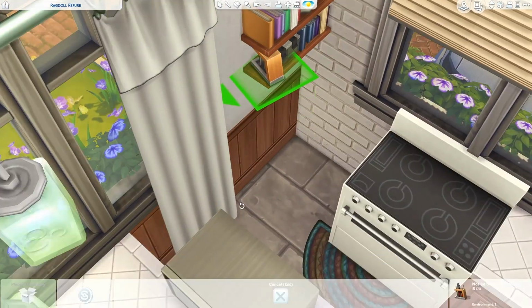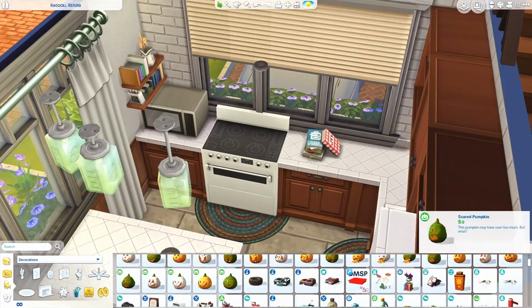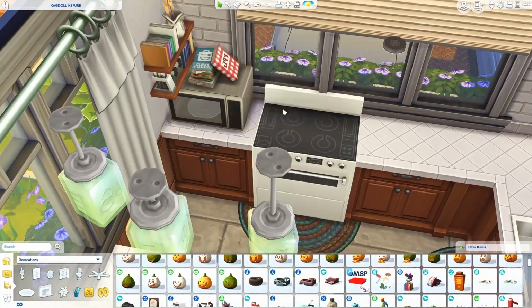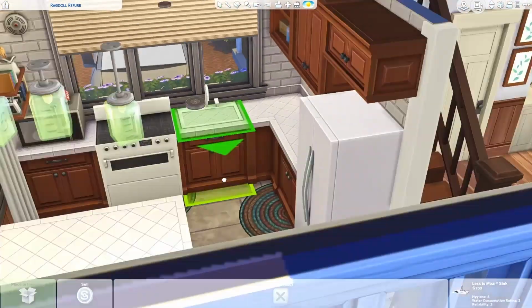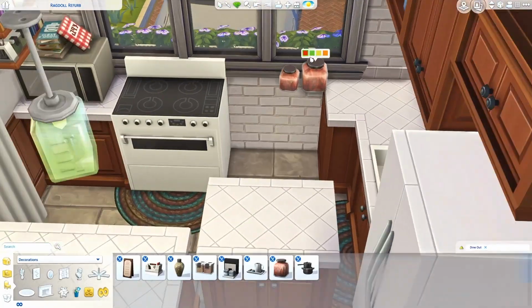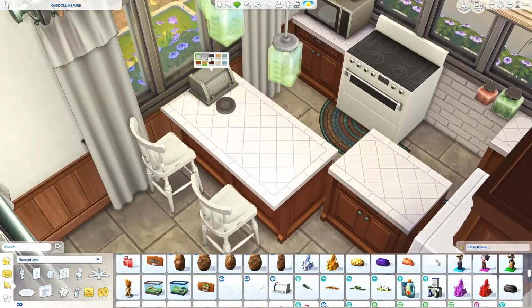And yeah, as for the storyline, by the way, I haven't talked about that at all. But as I mentioned, I was thinking that this house is for a single mom and her teenage daughter, and they have a dog and a cat, so they're really into pets. And for the mom, I was thinking that she could be a teacher, like a high school teacher, which I